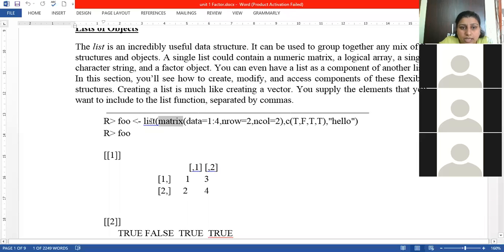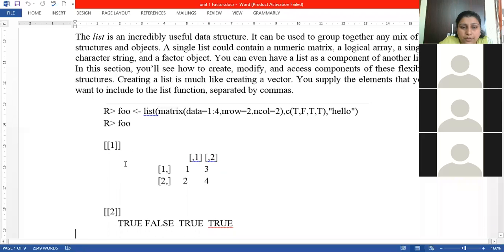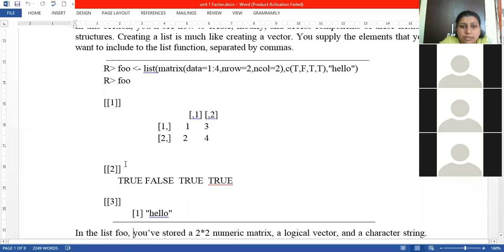If we run this command, it will generate a list having a matrix, a vector and a string. If you print this, it will give the result: at index 1 there is a matrix, at index 2 there is a vector having logical values true, false, and at the third index it has shown a string value, and that is hello.